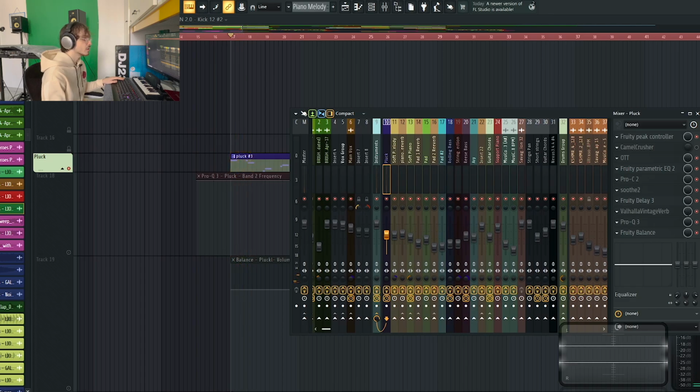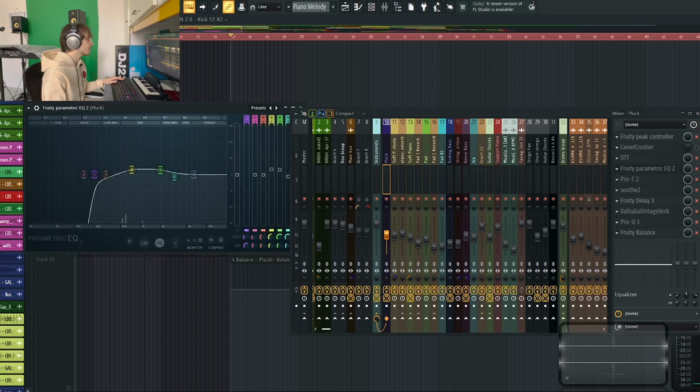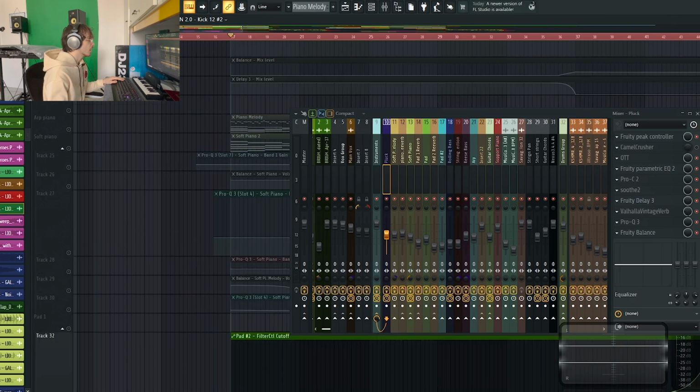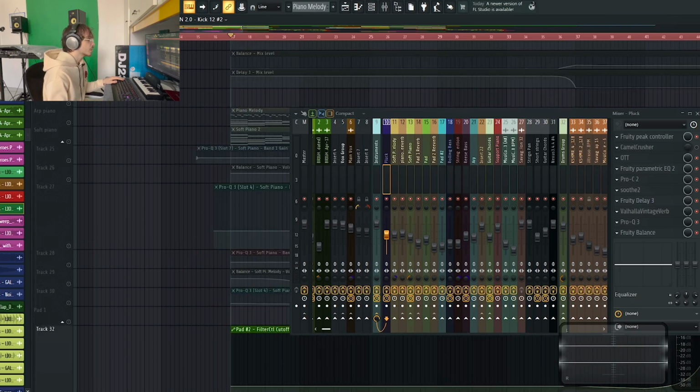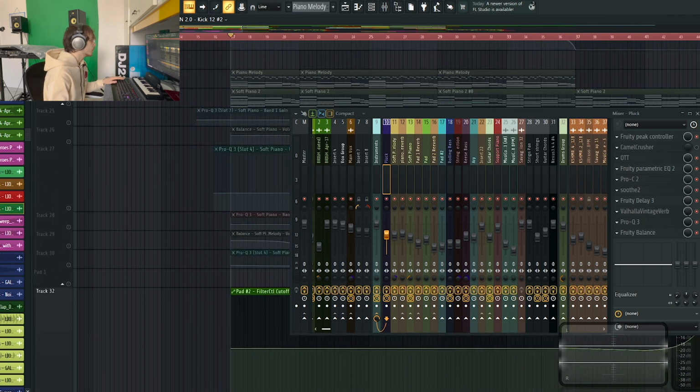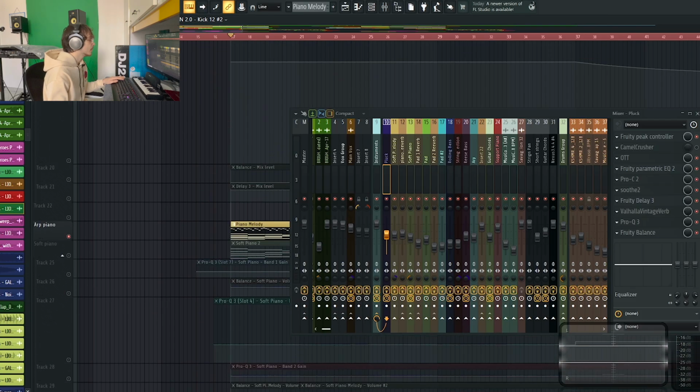After some OTT with a compression, some parametric EQ, only to adjust some of the frequencies, another Pro-C 2 and a Soothe. It's possible that there are some harsh frequencies, and with Soothe it's easy to avoid them. After that, as I said before, a frequency delay, a Valhalla feature verb, another EQ, and a balance just for automations. After that we have an arp piano,